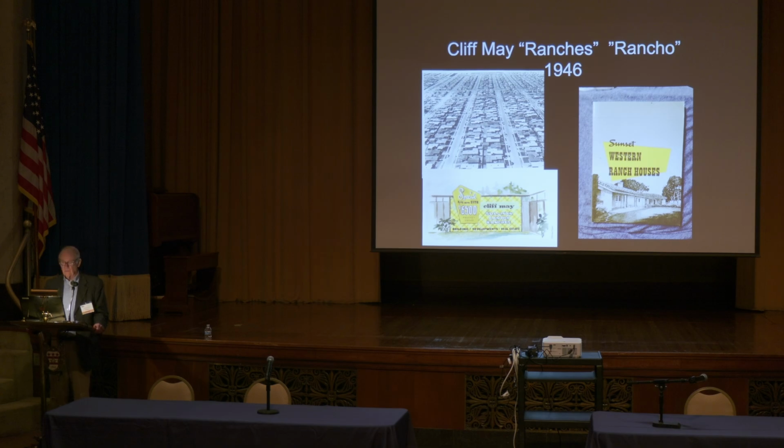And Cliff May designs about 17,000 of these things that are spread all over the place out there. A number of different developments, such as this one you can see on the left, the Sullivan Canyon Ranches, $6,500 on a 3/4 acre site. But he's also picked up by Sunset Magazine, which was the homeowners magazine out there in California, and publishes in there endlessly. And then they pick up some of his designs and put them together in a book called